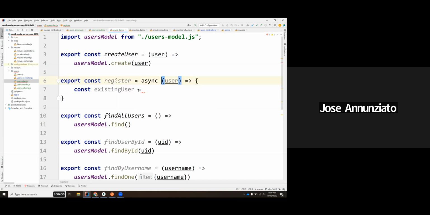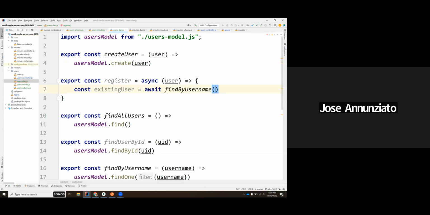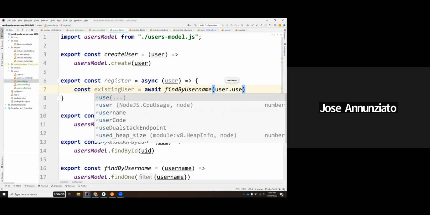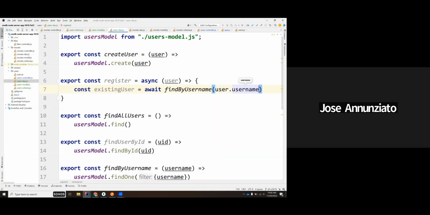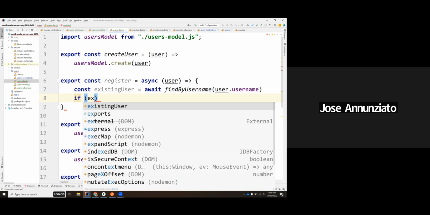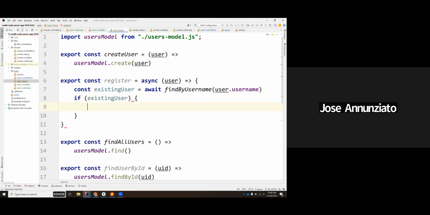This will be, we have to do an await here. Find user by the username, and the username is presumably in the user object that you're passing us from the client. So we check to see if there is an existing user. If there's an existing user, then something went wrong. So we're going to